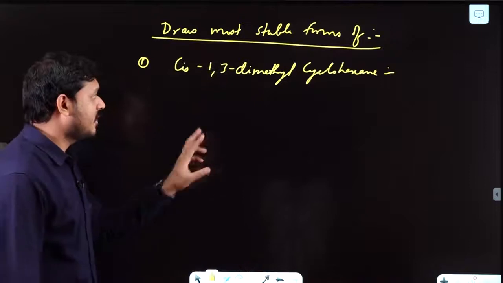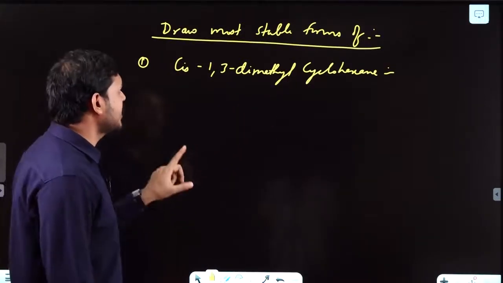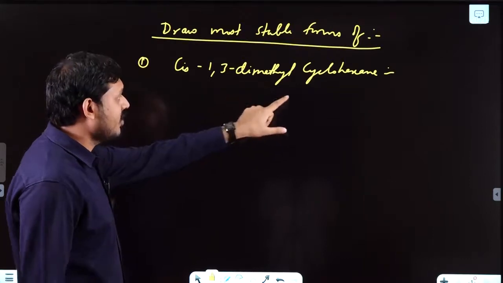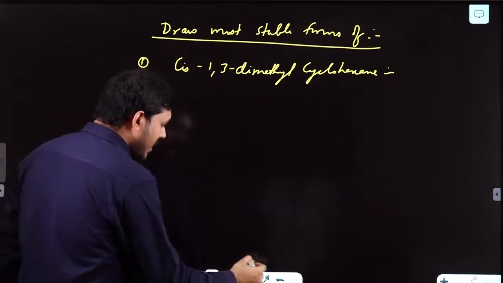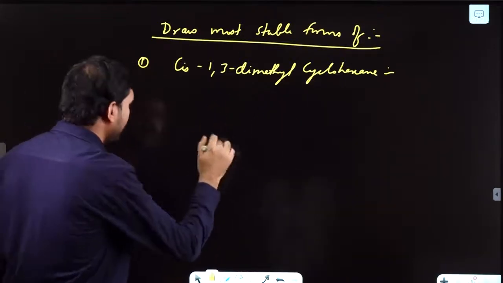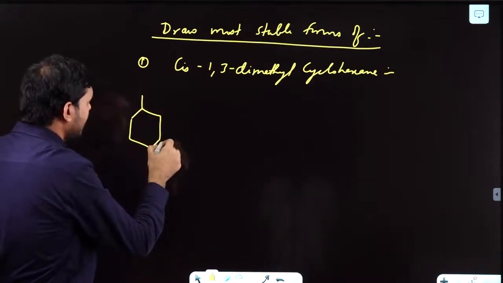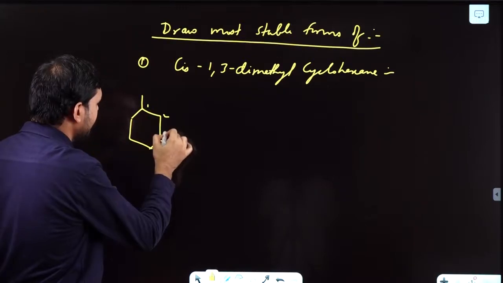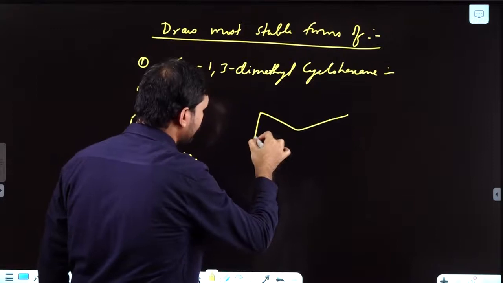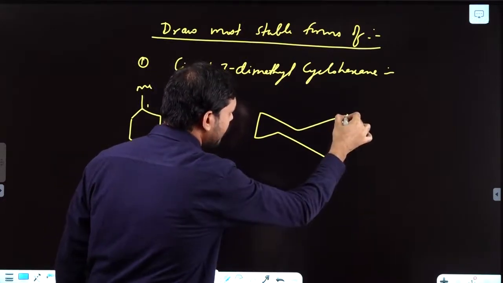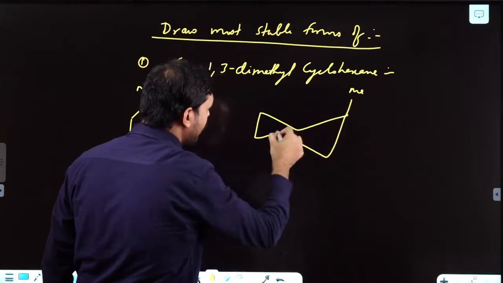Now using configuration and conformer both side by side. Now you are asked to draw the most stable form of 1,3-dimethyl cyclohexane, cis form. Just to let you understand in brief, I am explaining all the four parts first of all. If I draw the rigid part, it is 1-methyl, so this is 1, this is 2, 3. So this is methyl and methyl. Okay, so simply this is 1, methyl. Suppose I am taking here up and up, right?